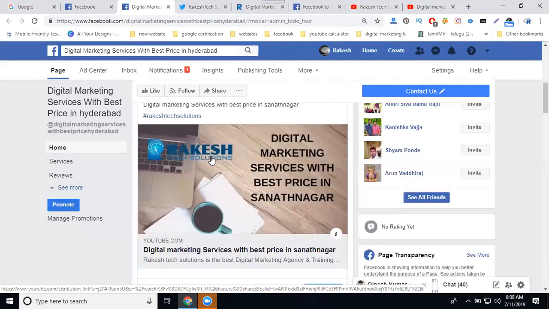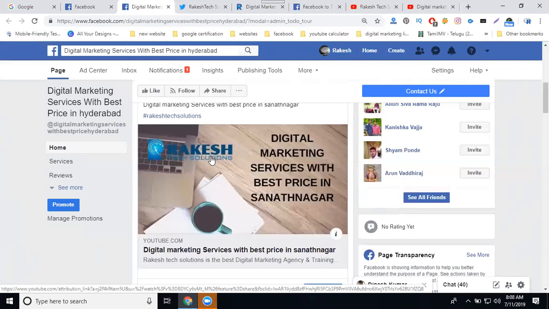An interview question: when integrating Facebook to Twitter, how many pages can you integrate on one Twitter account? There is no limit to integrating Facebook pages to a Twitter account. And suddenly one question: how many Twitter accounts can one Facebook page connect to? Only one Twitter account.